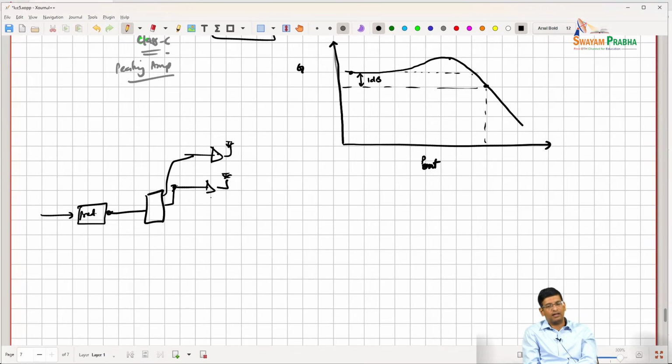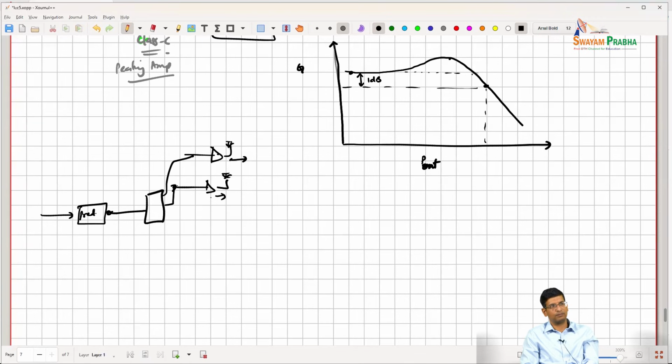But the challenge is that when you have an array like this, each of the PAs actually sees a slightly different load depending upon its position in the array. Particularly the edge PAs see a different load than the center PAs. And if this distortion has to be corrected, the pre-distortion is load specific. So that basically starts causing a problem. So you can do analog pre-distortion and things like that, but trying to do digital pre-distortion or DPD becomes challenging